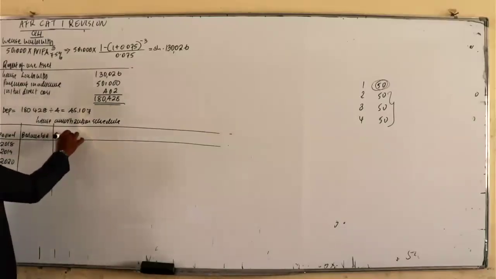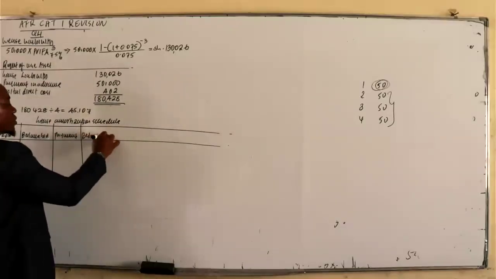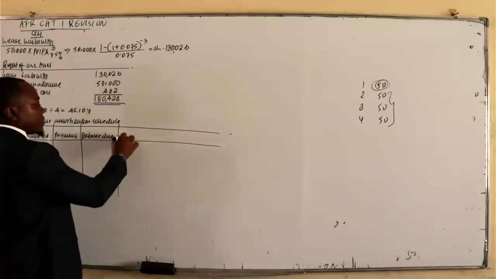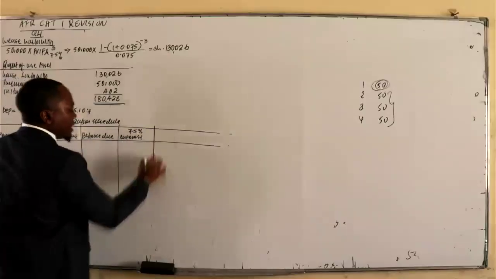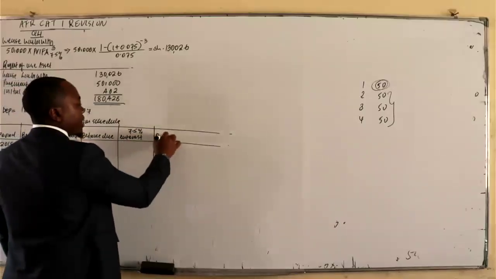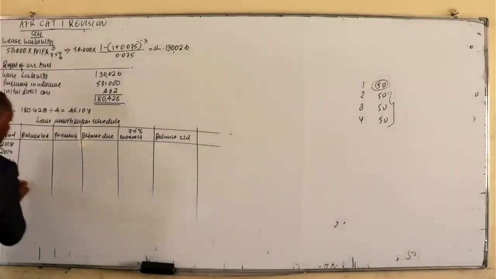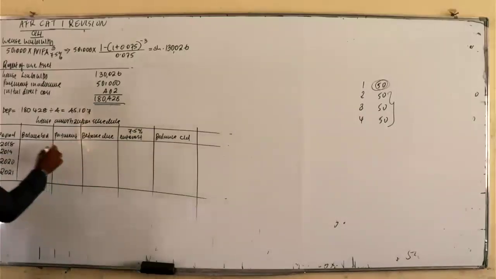This one we are paying in advance. So payment, and that's how we get the balance due. Now, this balance due is what will attract the interest. So interest at the rate of 7.5%, and that's how we get our balance at the end, balance carried down. Balance brought down, remember we are amortizing the liability. So the liability we had was